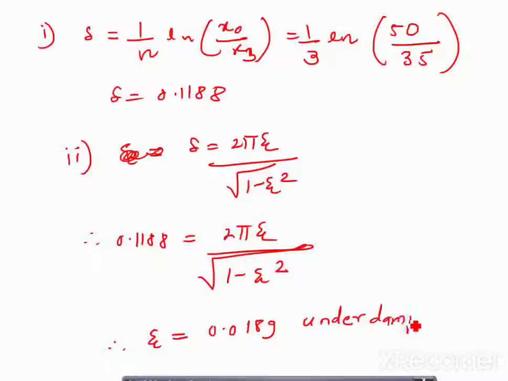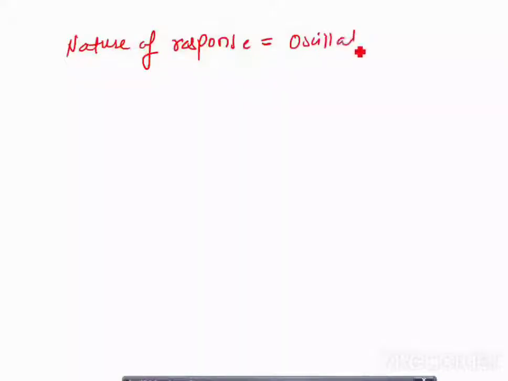What is the type of the system? Underdamped. Why is it an underdamped system? Because zeta is less than 1 and greater than 0. So what will be the nature of the response? In this case, the nature of the response will be, as usual, oscillatory, because the system is underdamped. I have already shown you in the graph that the response was oscillatory. We are getting a decreasing amplitude from x0 to x3.